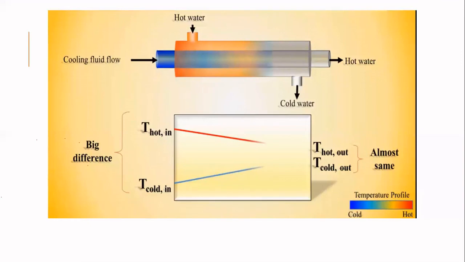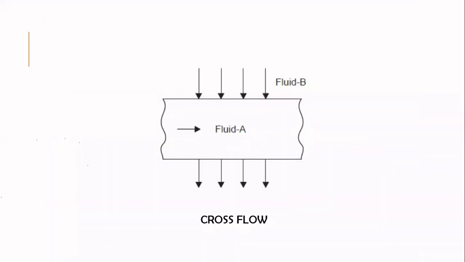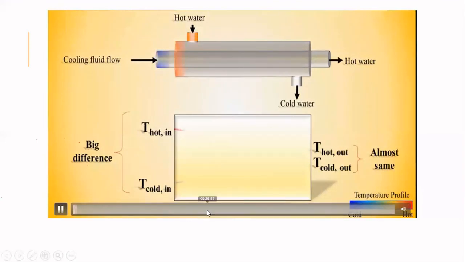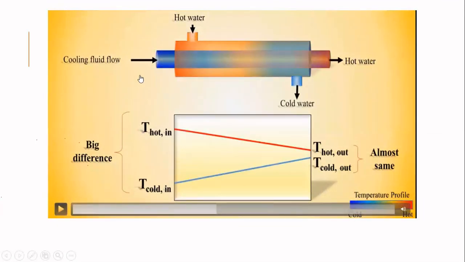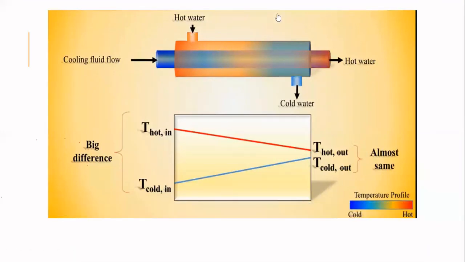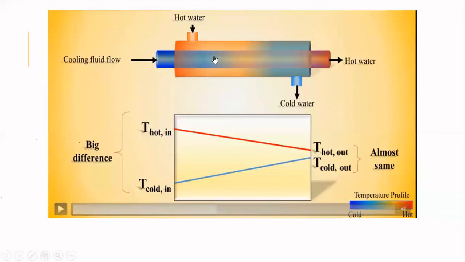Okay. Now the cold fluid. Here you can see that the cold fluid which was entering over there is coming out from the heat exchanger as a hot fluid because it has gained some temperature from the hot fluid. The hot water which was coming from here will be... mute the calls, please mute the calls. The cold fluid is gaining heat from the hot water, so it is coming out as a hot fluid. The hot fluid will be losing some heat and it is coming out of here as cold water.